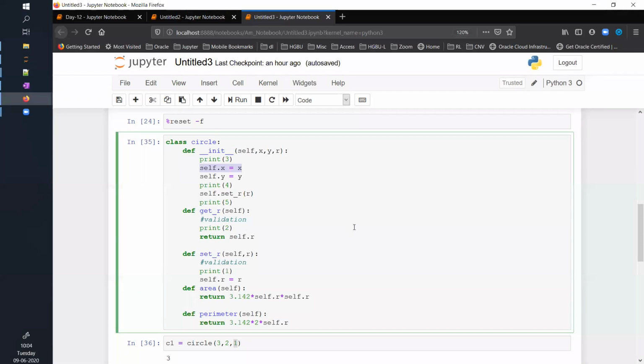Let me end the class today with one issue with this style of writing code. I will discuss that in tomorrow's class. The issue here is Python supports self.x equals x, self.y equals y and self.r equals r functionality.